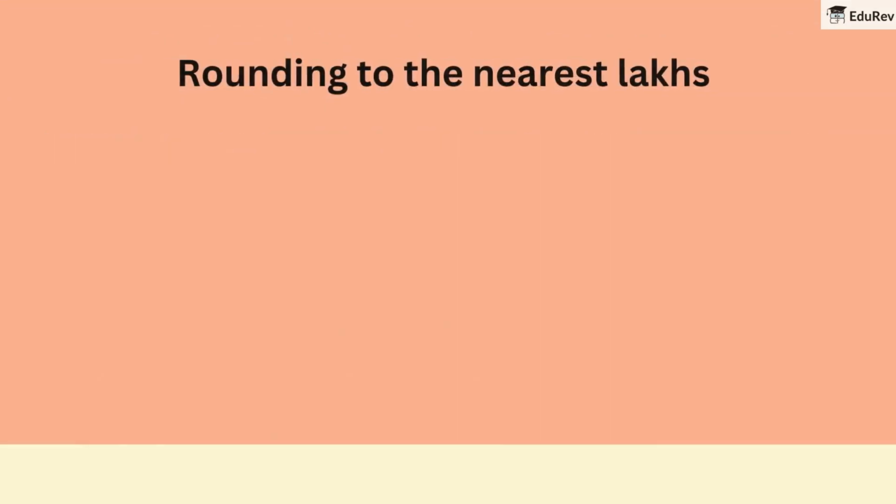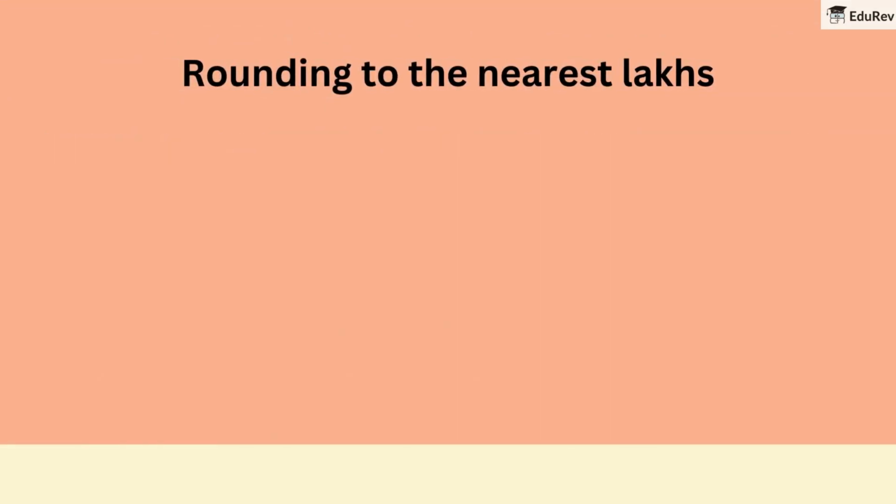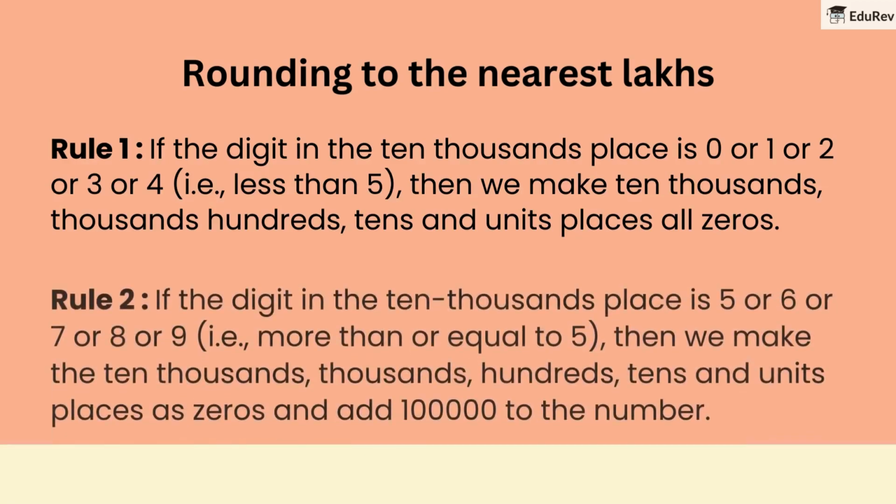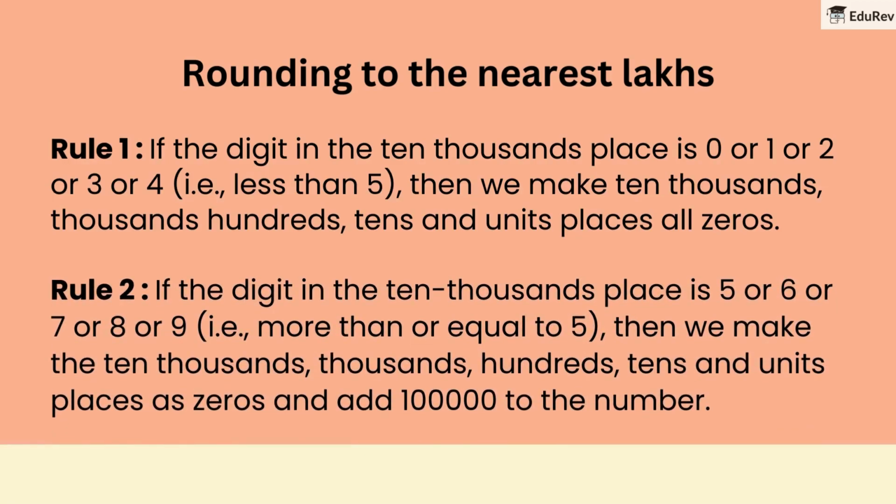Rounding to the nearest lakhs. Rule 1. If the digit in the 10,000s place is 0, 1, 2, 3, or 4, that is less than 5, then we make 10,000s, thousands, hundreds, tens and units places all zeros. Rule 2. If the digit in the 10,000s place is 5, 6, 7, 8, or 9, that is more than or equal to 5, then we make the 10,000s, thousands, hundreds, tens and units places zeros and add